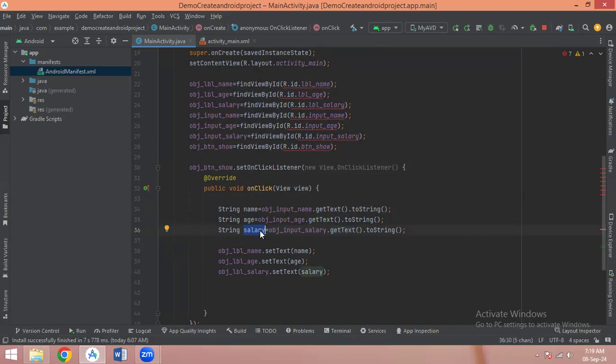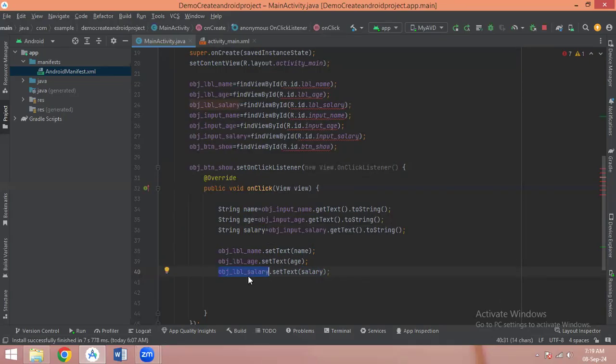After reading all the values, we have set the values in the below three text views by using the object name associated with that text view and the setText method. The value that we have provided under this parameter list will be displayed in the text view. These parameters are nothing but the variables that you have created over here. So the values read from the edit text will be stored in this variable, and we are going to pass this variable to this parameter list, and these values will be set to this object,